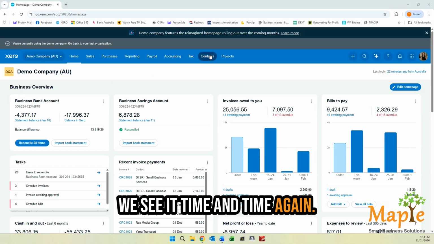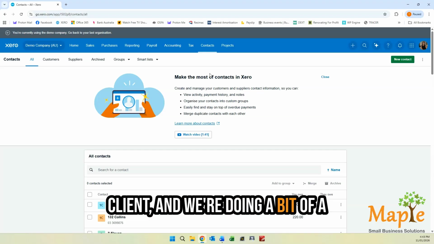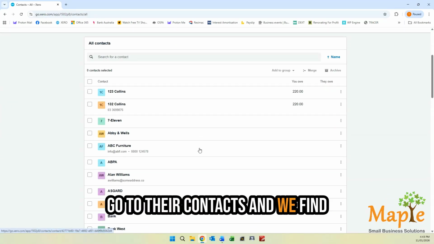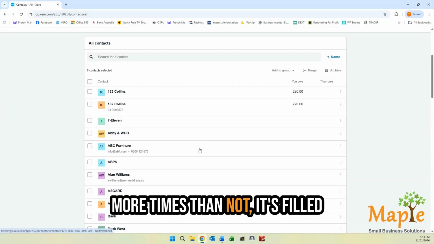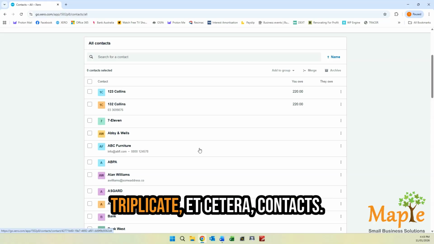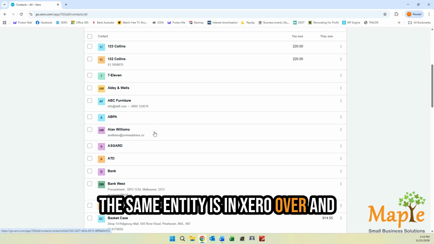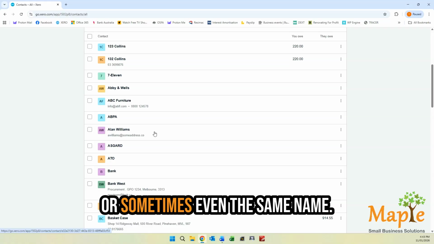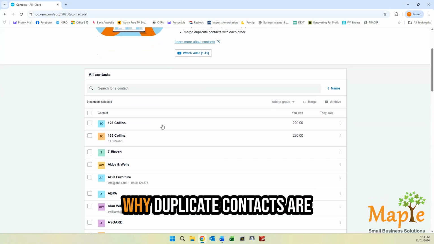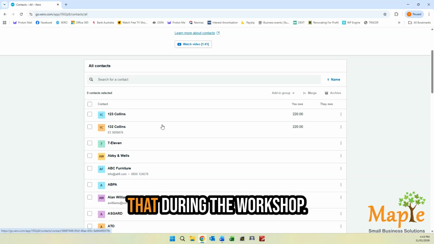We see it time and time again. We start working with a new client and we're doing a bit of a review of their Xero file, and we go to their contacts and we find more times than not, it's filled with huge amounts of duplicate, triplicate, etc. contacts. The same entity is in Xero over and over with slightly different names, or sometimes even the same name. There are a lot of reasons why duplicate contacts are not good, and we'll go through that during the